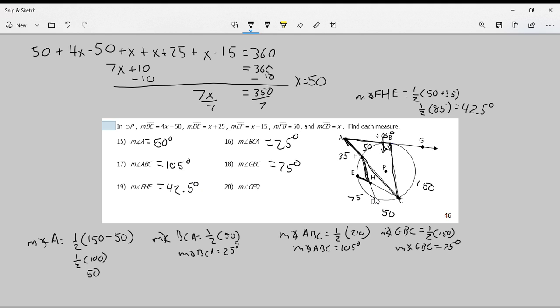Okay, and the last one, CFD. Where is CFD? CFD, again, inscribed angle, right? CFD right here is